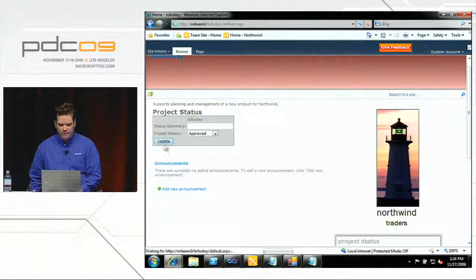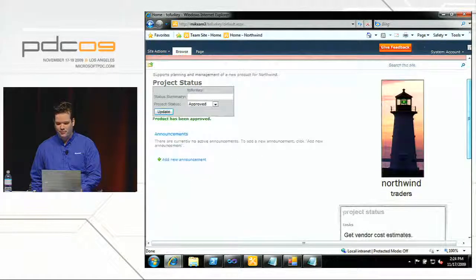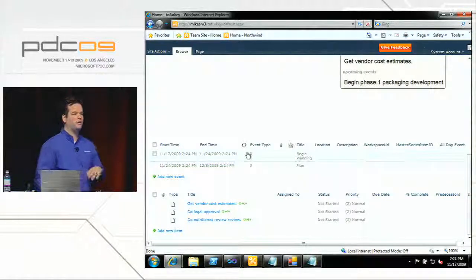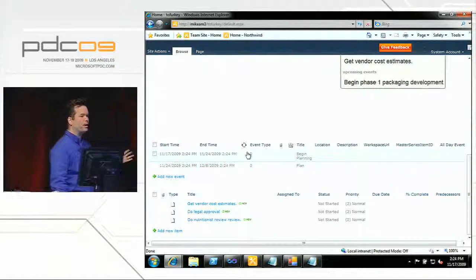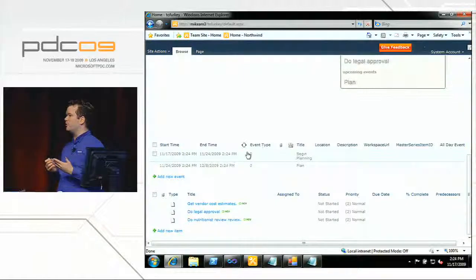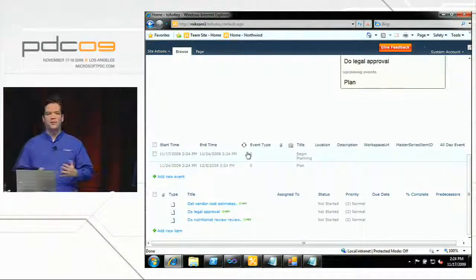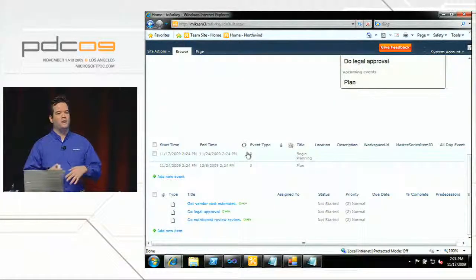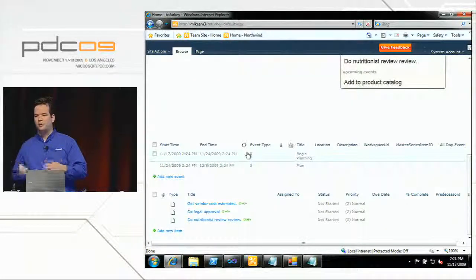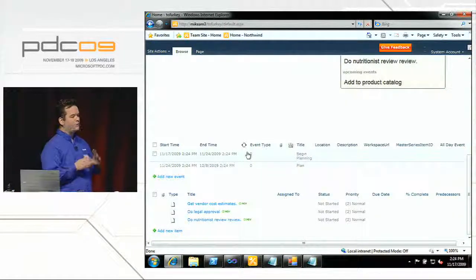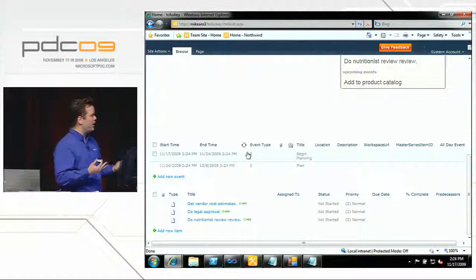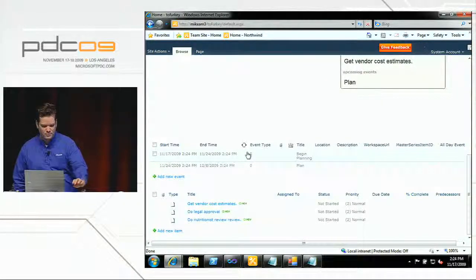and I click Update, code on the server fires and builds out a project schedule based on the fact that I've approved this project. This is some custom code that runs on the server. Now, the cool thing about this is that it all runs in the sandbox, so IT can feel comfortable with letting developers use it, and developers get cool stuff like the ability to build ASP.NET web parts. So